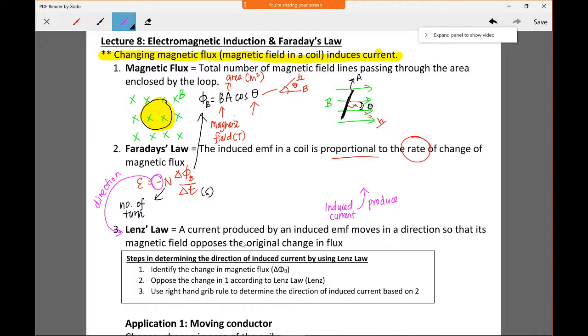Okay, so induced current will produce induced magnetic field, yeah? Every current will produce magnetic field. Same goes with the induced current. So let's say the magnetic field produced by the induced current is the induced magnetic field. According to Lenz, this induced magnetic field must oppose the original change in